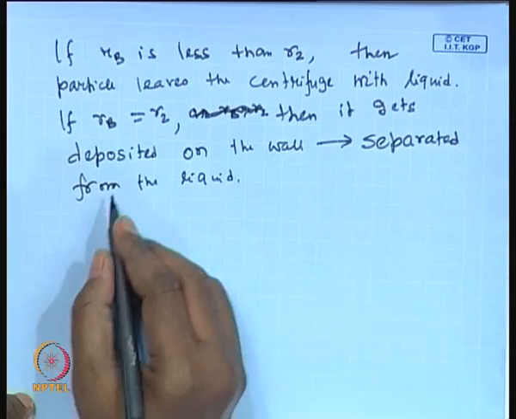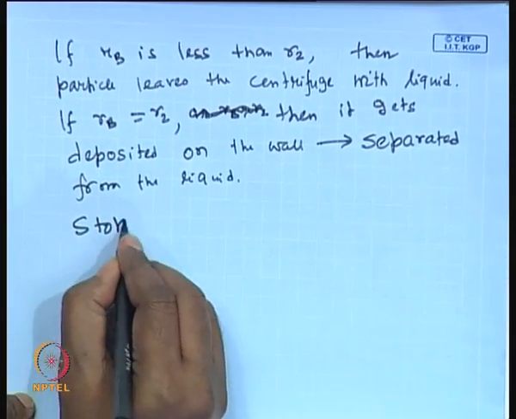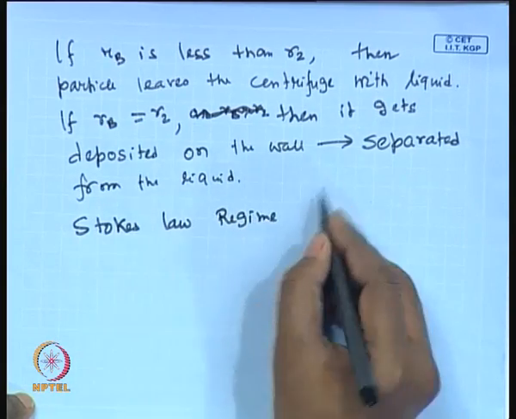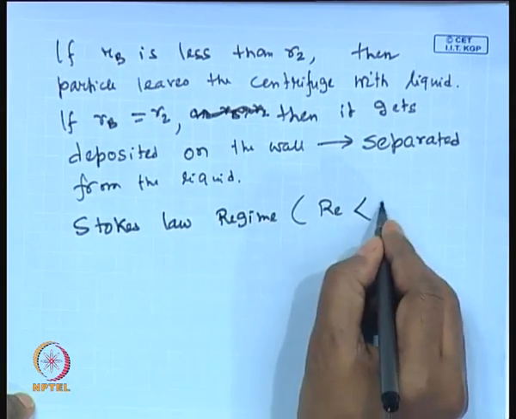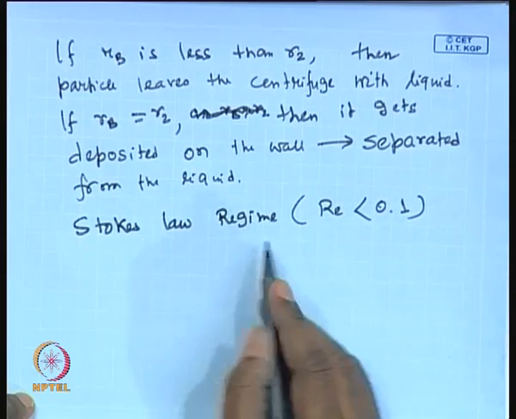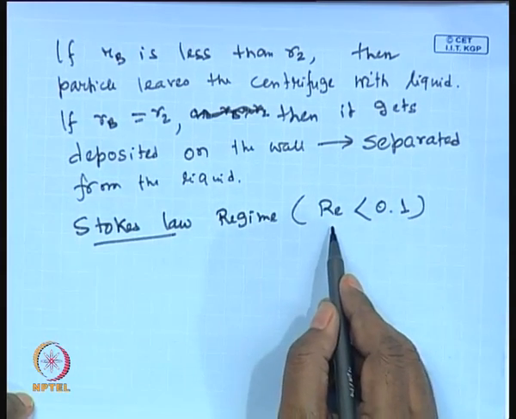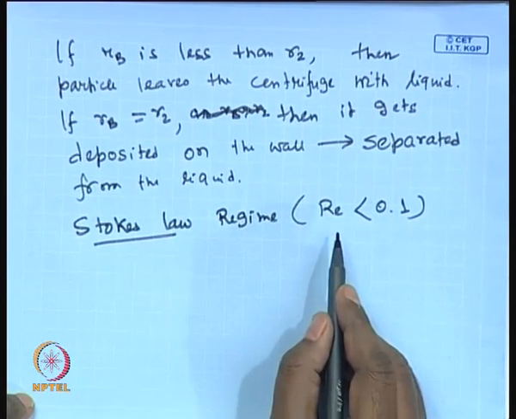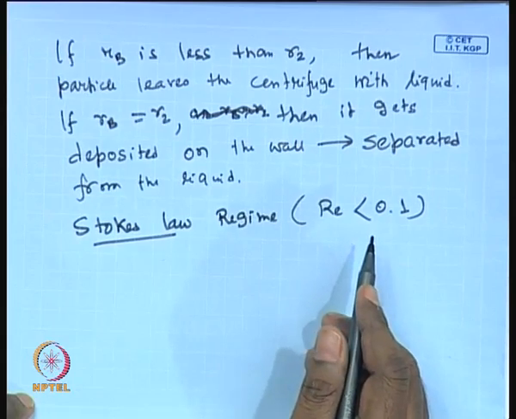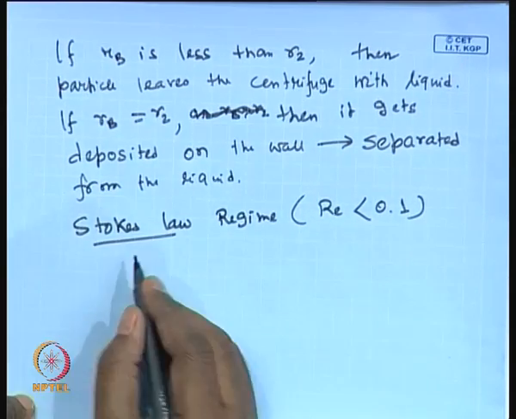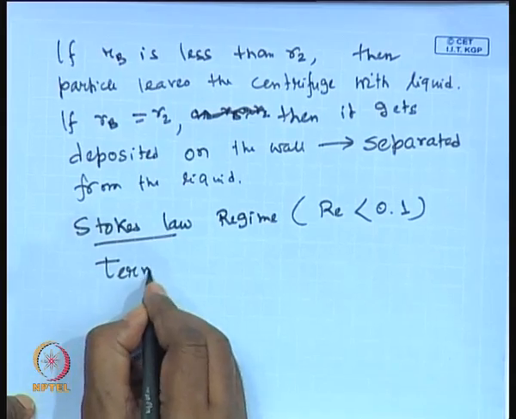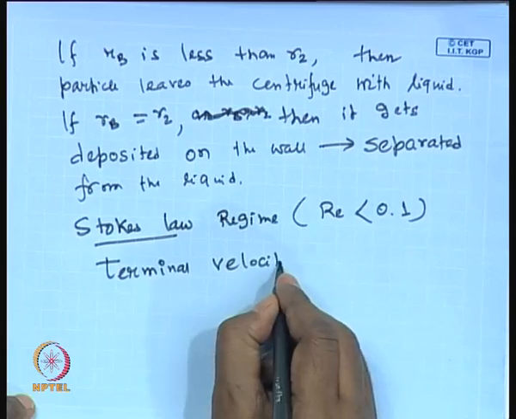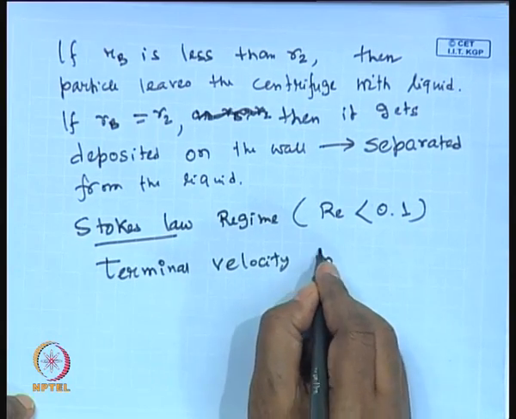Now, in a Stokes law regime, what is a Stokes law regime? When the Reynolds number is less than 0.1, that is called the Stokes law regime. And this Reynolds number will be defined on the diameter of the particle, and the diameter of the particle will be extremely small, in the order of micron, and so it will be really small. The terminal velocity can be expressed as terminal velocity in gravitational field